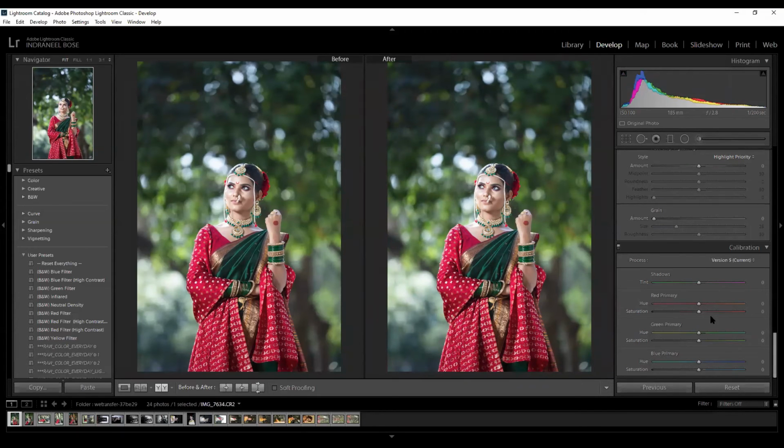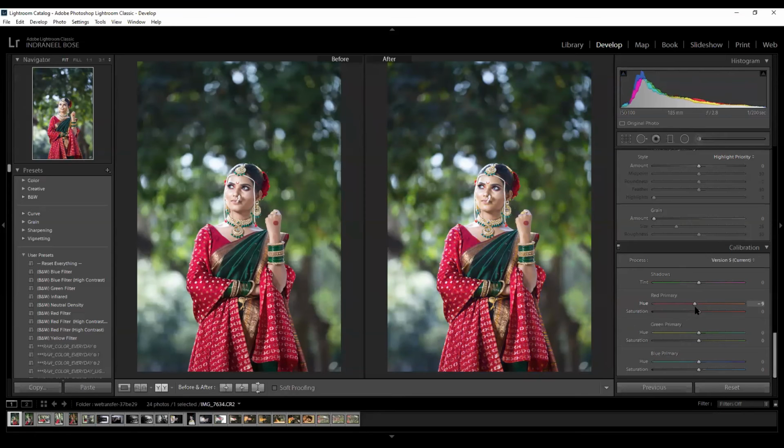So now what happens, whenever we try to play with the tints, red primary, it will try to change the colors or tints in the shadows of the image. Mostly on the shadows, some in the highlights and some in the midtones. See, we take the red primary, and if we try to change it, it will try to shift the colors in the red primary.